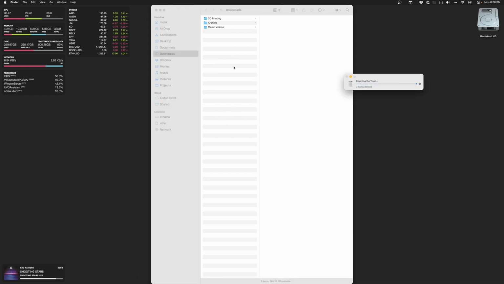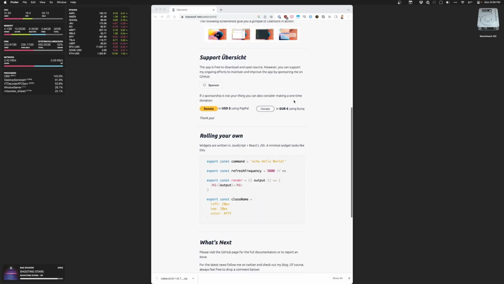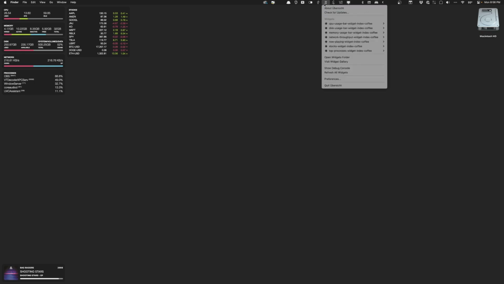Yeah, anyway. So we've got that installed. What you'll want to do is obviously open it. We're going to come back to that in just a minute. So anyway, it's going to show up in its little icon up here, and you can see I've got all of these widgets running. And what you can do is you can open the widgets folder, which